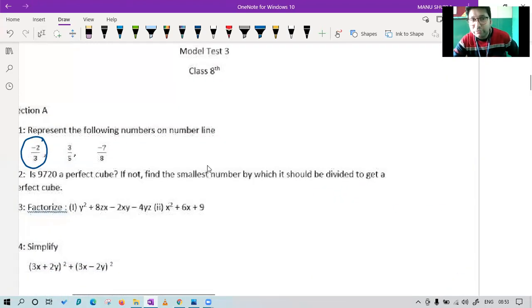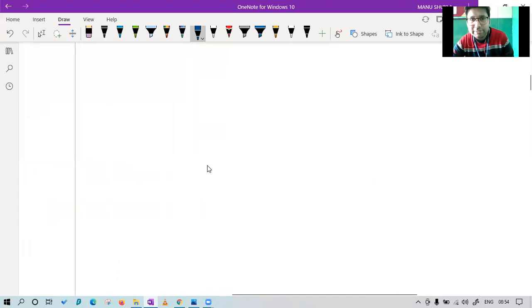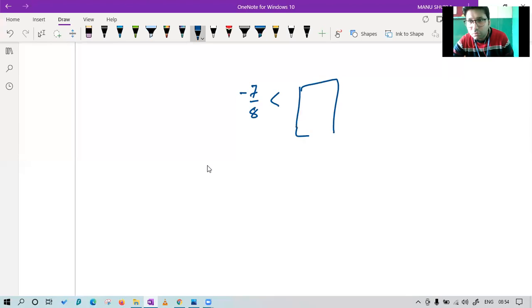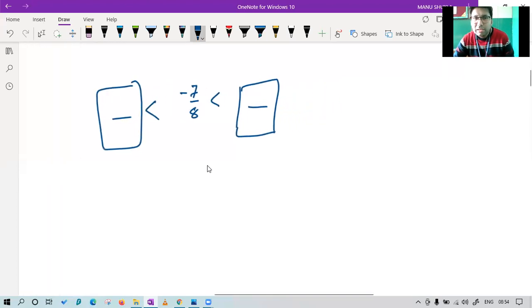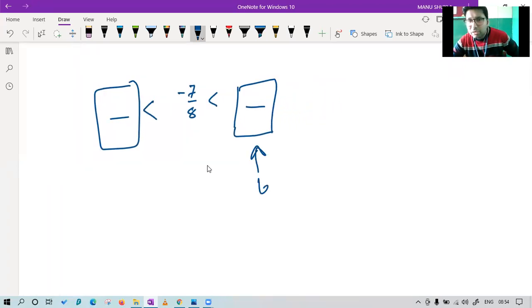Now, class, we have a negative number. I want all of you to be very careful. The number is -7 upon 8. Please help me find the larger number and the smaller number. Don't worry, Harshul, we will do that also. Class, please tell me the larger and the smaller number. First, tell me the larger number. What is the larger number? It is very simple. Abhinav, very good. Harshul, very good. Tell me in the fraction form.